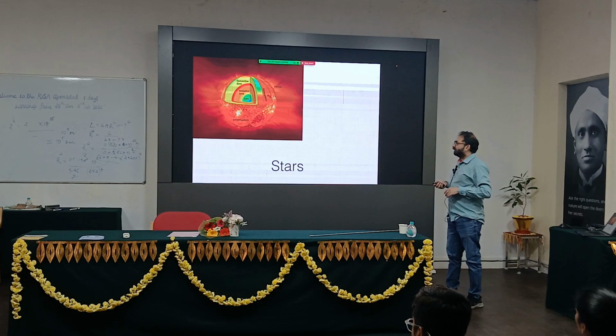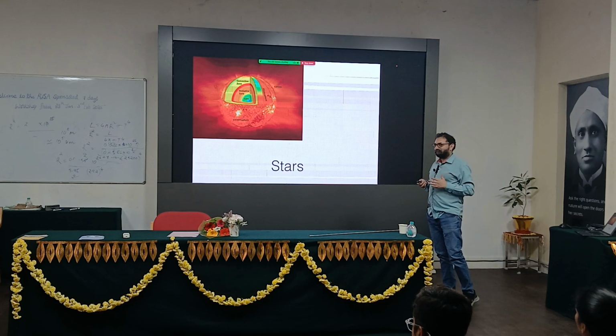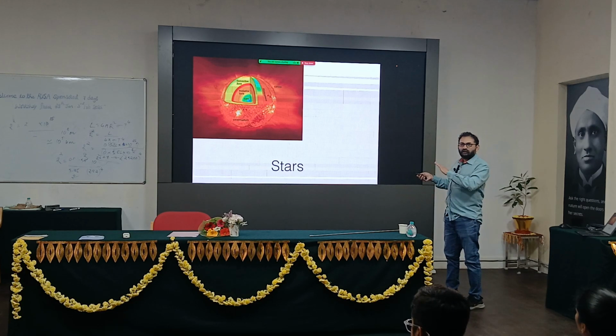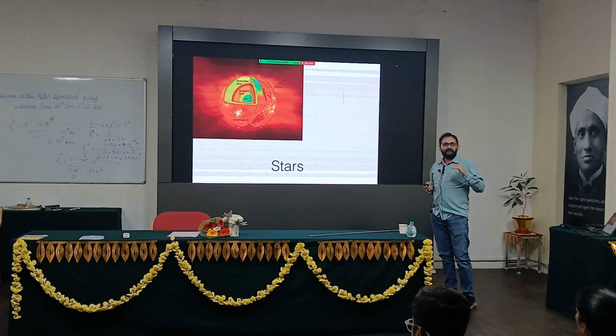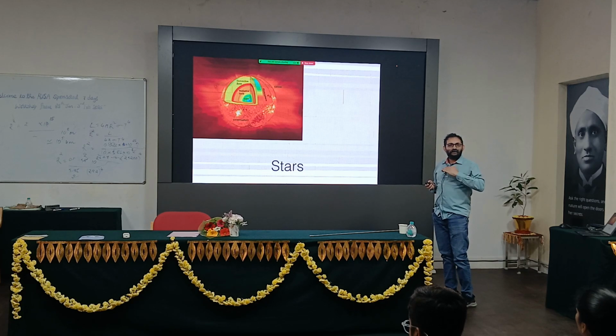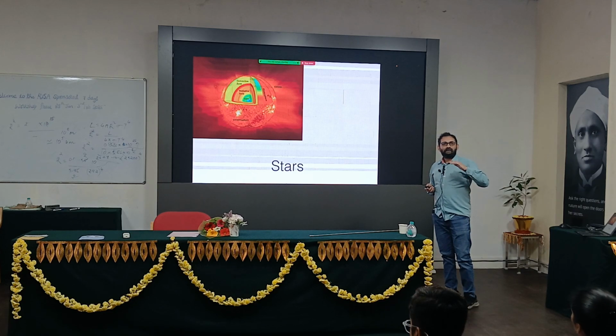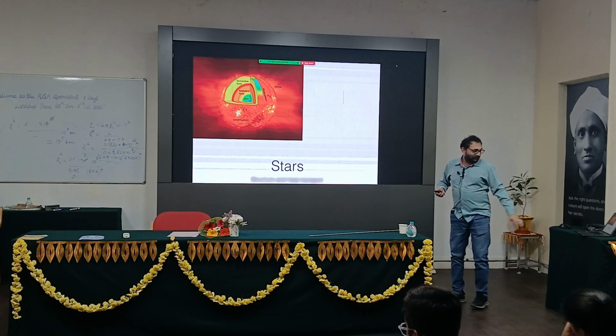As a physicist, we understand in terms of temperatures in a better way. This is the structure of the sun and sun-like stars, which we call one solar mass. Any star which is very similar to the sun, we call one solar mass. When I talk about mass, it is in the order of 10 to the power of something kilograms. Also, when I talk about temperatures, they are thousands to millions of Kelvin. So the scales are